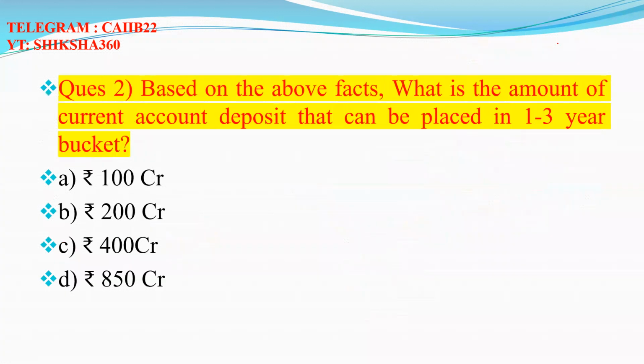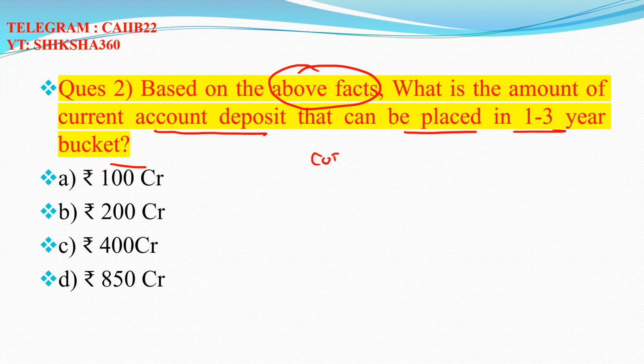Now move to the second question. Based on the given facts, what is the amount of current account deposit that can be placed in the 1 to 3 year bucket? In the case of current account,